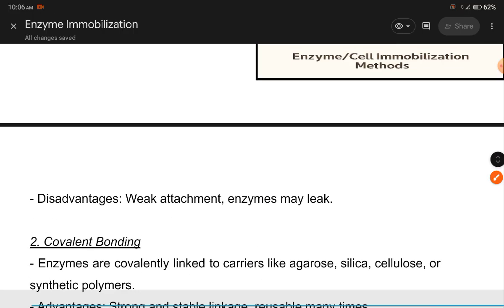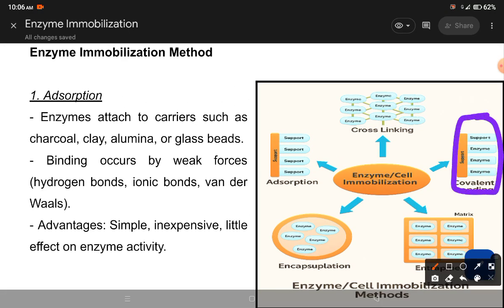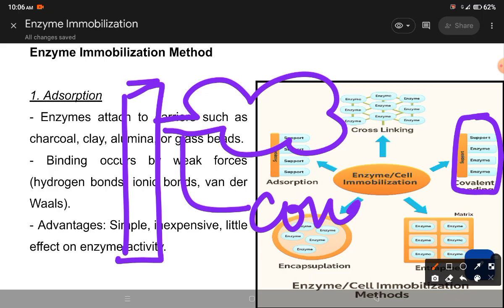And for the image, we can just refer to this image. It's correct only here, like this one. But just specify when you have a support here. Just specify the bond here, like this, the two-line bond, so that these are the covalent bonds, which stabilize the enzymes with the support system.